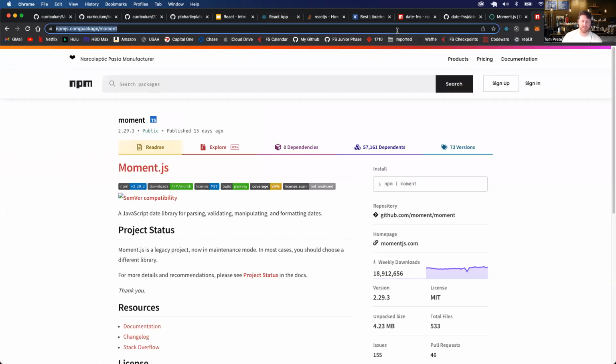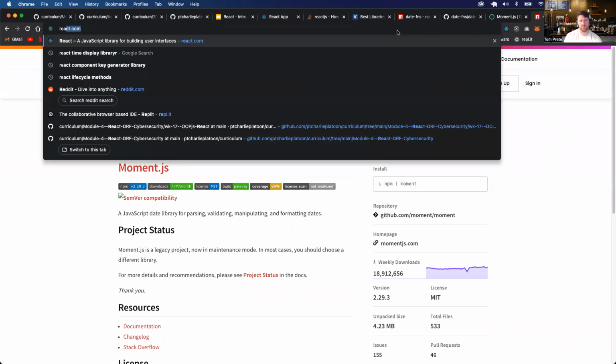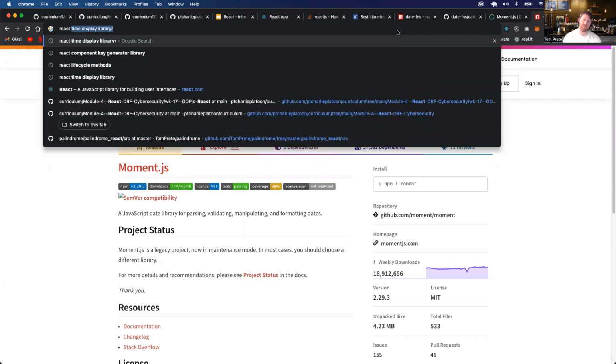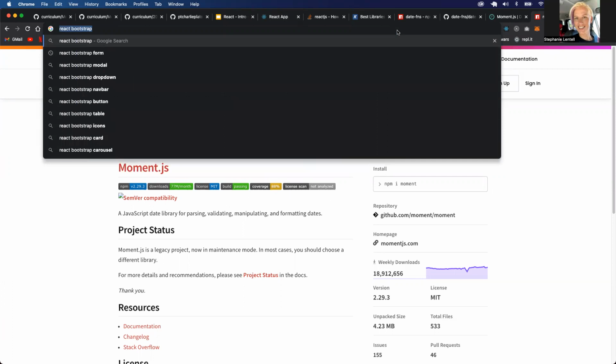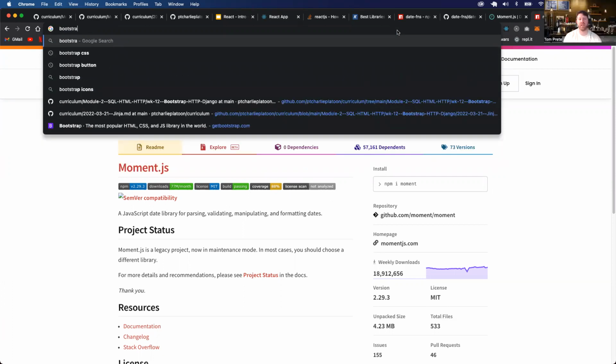Let's talk about React. Do you remember Bootstrap from way back when we were dealing with HTML? Yes. So Bootstrap, what's really nice about React is because it's so popular, there's a Bootstrap equivalent to that in React. And React has a bunch of CSS frameworks, such as